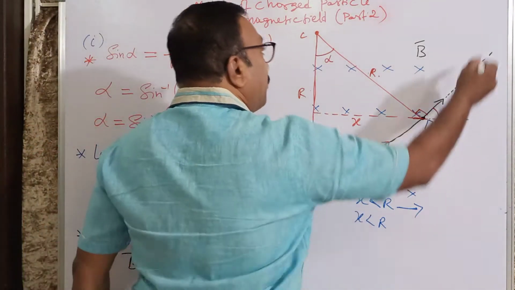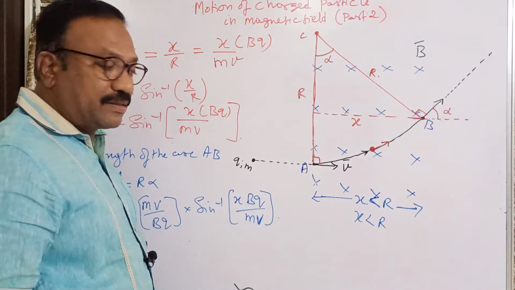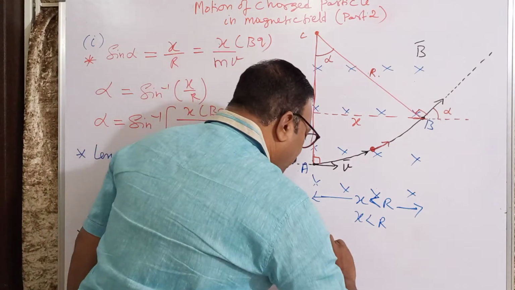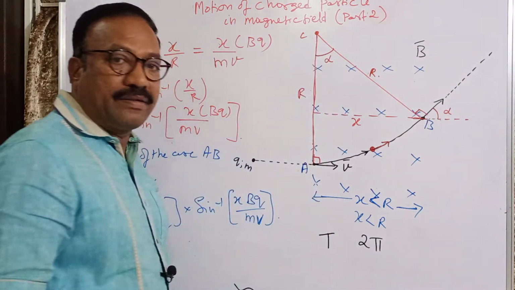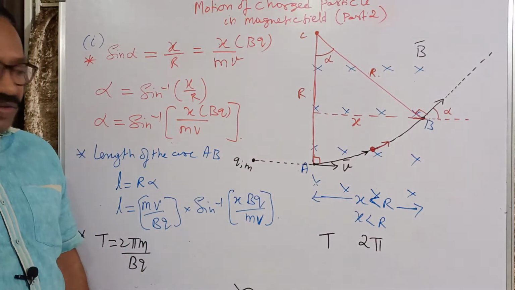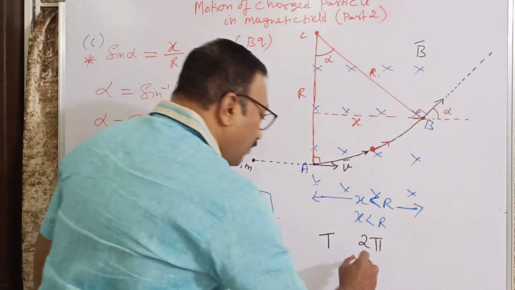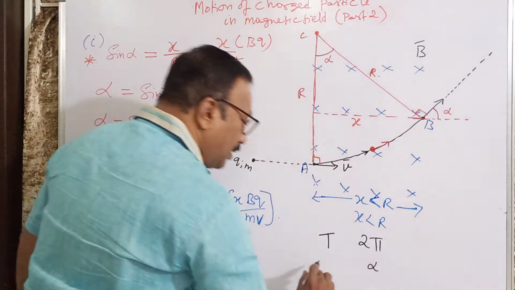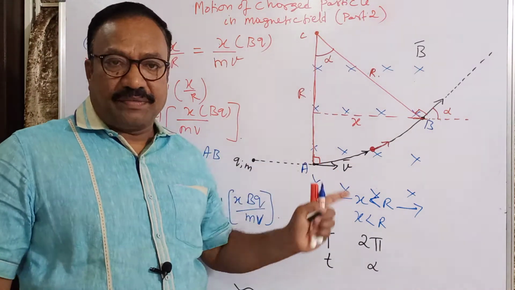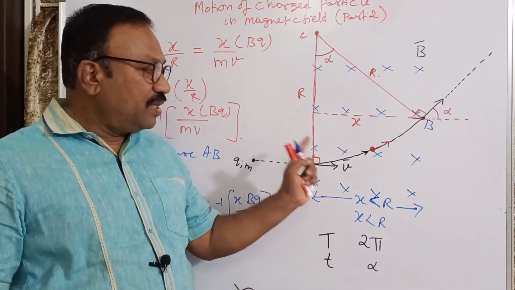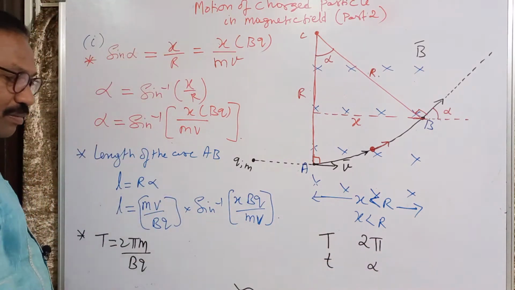So for one complete cycle, if it is taking time T, that means it will be covering an angle 360 degrees, that is 2 pi radians. For a time T, it will travel an angle of 2 pi radians. Capital T is time taken to complete one revolution, and in one revolution, angle covered at the center is 2 pi. For an angle alpha, how much time it will take? In fact, they are directly proportional because it is a uniform circular motion. The speed of the particle will not change, only direction of the particle will be changing.